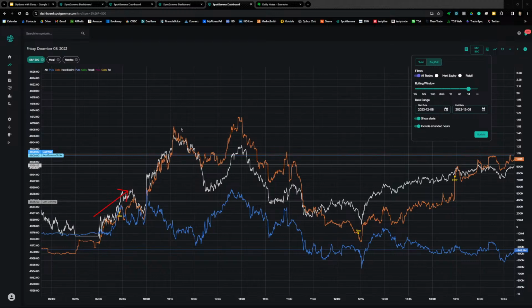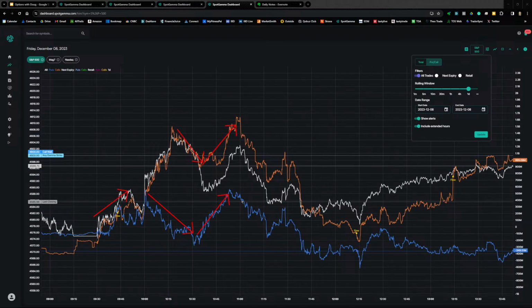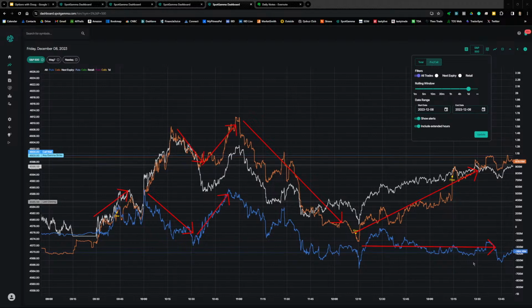And right around 10:15, all right, so right around 10, traders start buying puts. 10:15, they start selling calls, price moves lower. 10:30, they start selling puts, buying calls, price moves higher. Mean reverting price action in a positive gamma environment. And then around 11, both lines moving in the same direction, price moves lower. And 12:15, they start buying calls again. And then the put line really levels off. So from 12:15 on, they continue to buy calls.